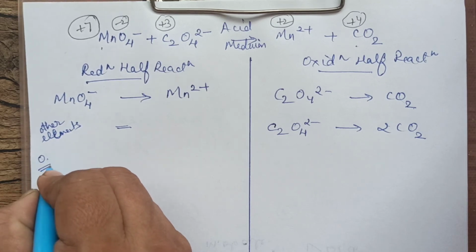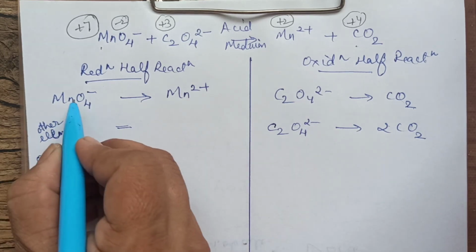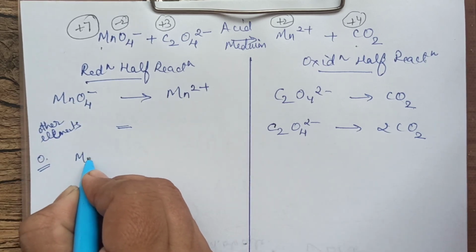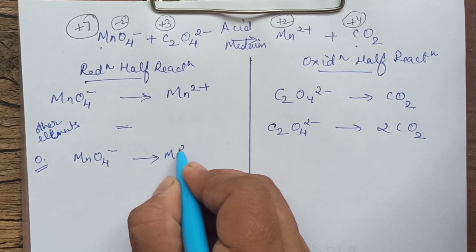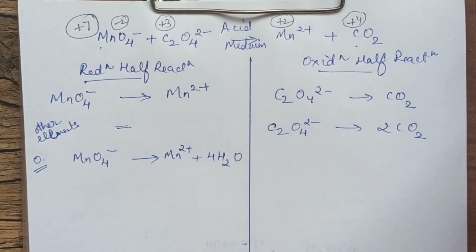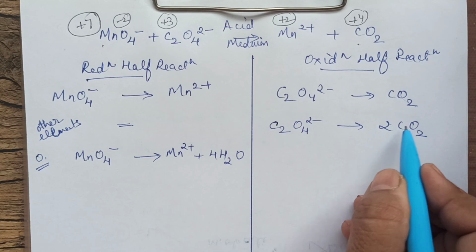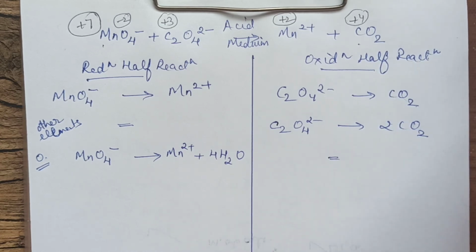Now, after that you have to balance O. How do you balance O? You have to add water, the desired number of water molecules, to the deficient side. This is 4 oxygens. Here you do not have any oxygen. So that means on the right hand side, I will have to write 4 water molecules, because 4 oxygens were less. Now if I put 4 water molecules, you will be having 4 oxygens on the right hand side. Now what about this? Oxygens 4, 2 into 2, 4. So it is not a problem.